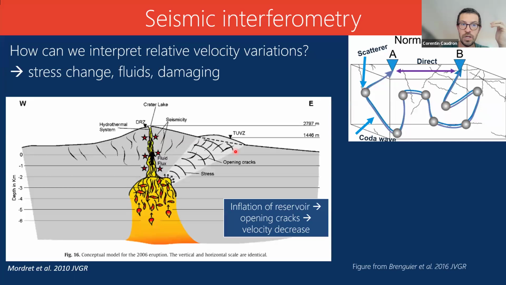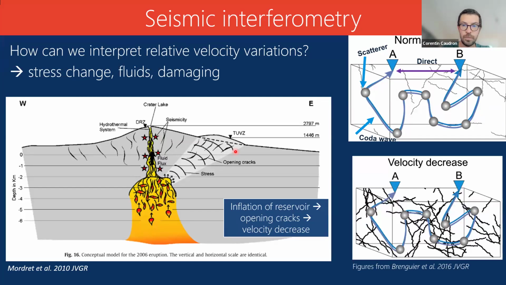So the seismic velocity variations can be triggered by stress changes in the crust, but of course also by fluids. If fluids are ascending, rising towards the surface, that could change the seismic velocity propagation or damage the rock. So again, one way to sketch or represent that as a figure is that you have the normal state, then you open cracks in your system, and suddenly, or progressively, you will have a seismic velocity